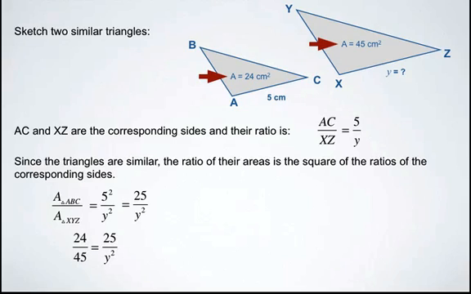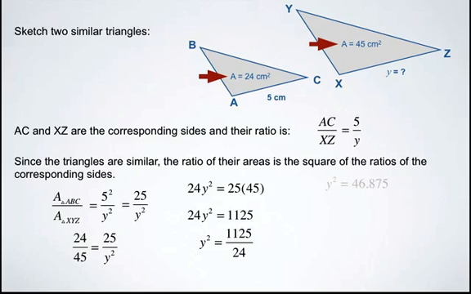Now, to try and figure out what y is, what we need to do is perform the procedure of cross multiplying. So we'll multiply those two values followed by those two, and it looks something like this. 24 times y squared is 24y squared, and 45 times 25 looks like this. We'll simplify this a bit. 25 times 45 is 1,125. And now to get y squared all by itself, you need to divide both sides by 24. Looks like that. And we can go ahead and solve for y squared. So 1,125 divided by 24 will give us